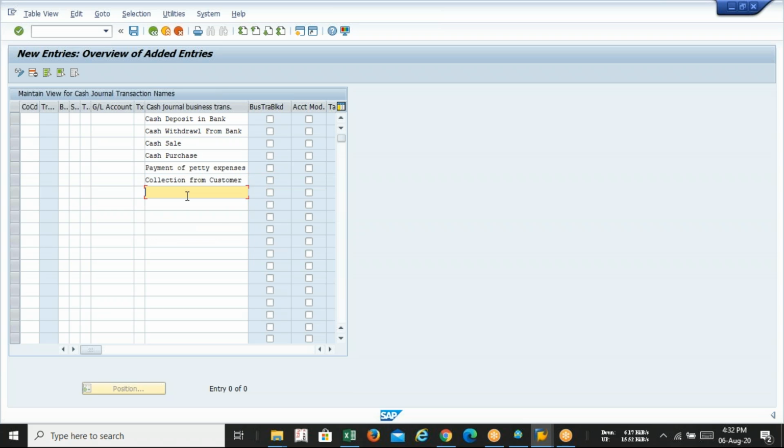Customer can make you payment in cash also. Next, payment to vendors. I think these are the main transactions which happen in every business in cash. So you have to define all these business transactions. Then you are allowed to proceed to record all such transactions in SAP.